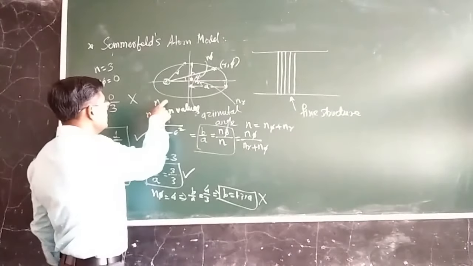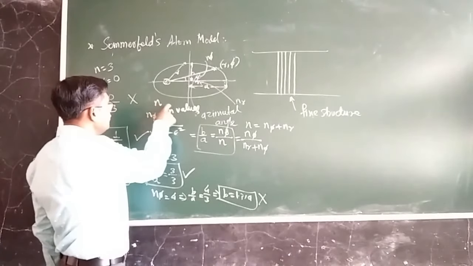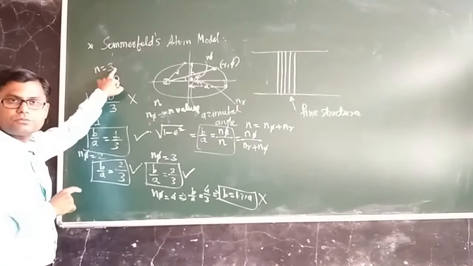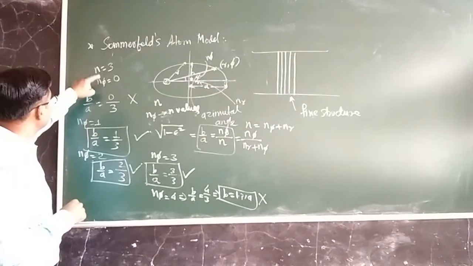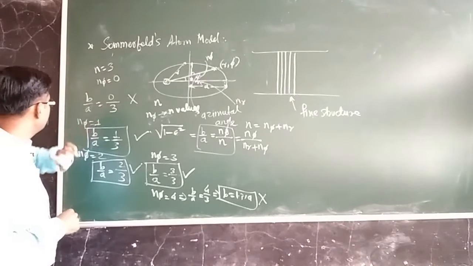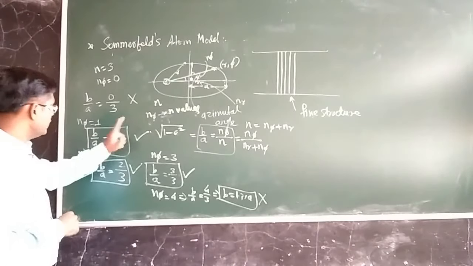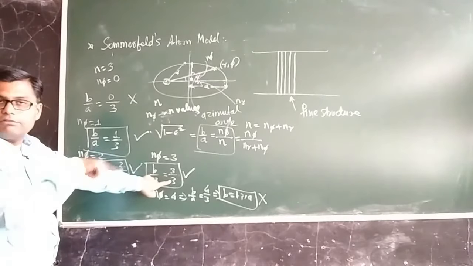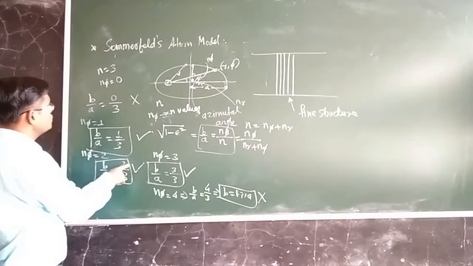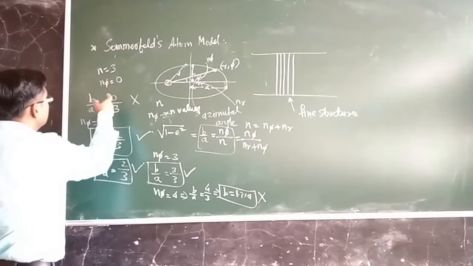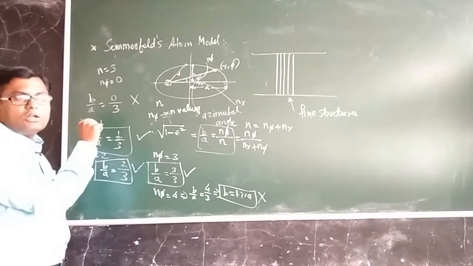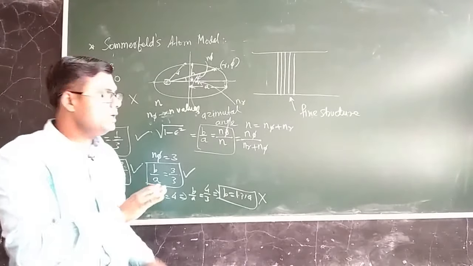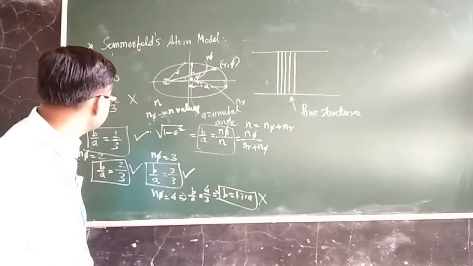So that's why we have written that if there is a principal quantum number n, then n values will be associated with n phi. Similarly, if n is equal to 2, then what will be the allowed values for n phi? 0 will not be allowed. 1 divided by 2 will be allowed. 2 divided by 2 will be allowed. 3 divided by 2 will not be allowed. So only 1 and 2 will be the allowed values for n phi. So for the principal quantum number having the value n, there will be n values associated with n phi. Okay, so this we have to remember.